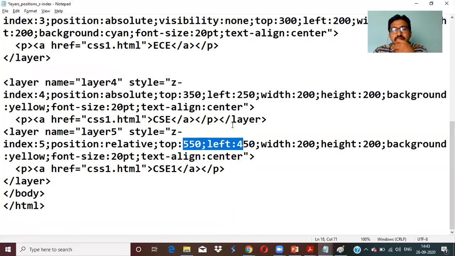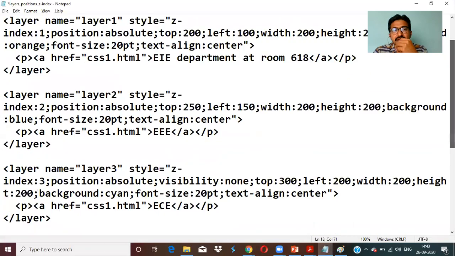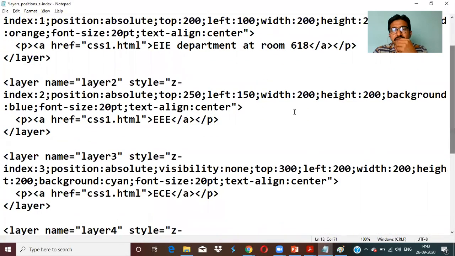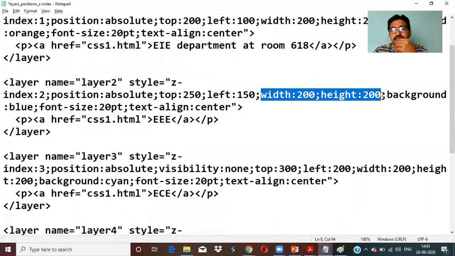How they created blocks, in the sense, here you are saying layer. So when you're talking about the layers over here, you can just create the layer with the width and height we are mentioning, top and left. Width we are giving this. So based on the width and height, you can create a box, and you can apply some background for that. So an empty box can be created with the help of width and height.